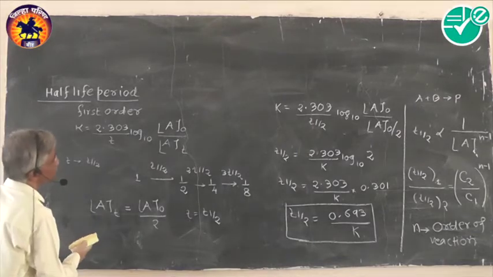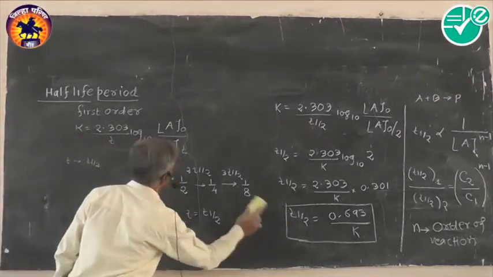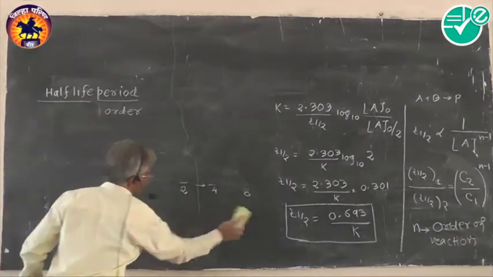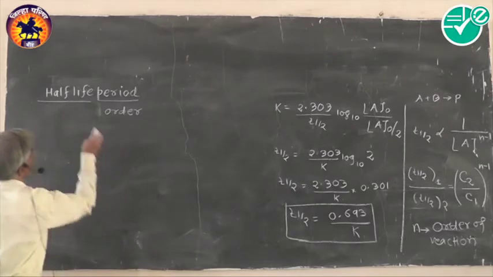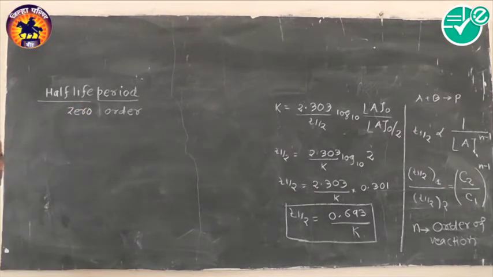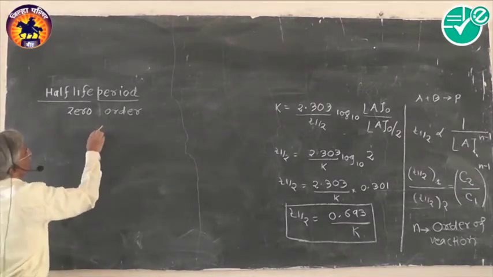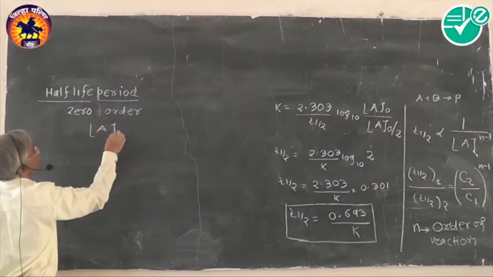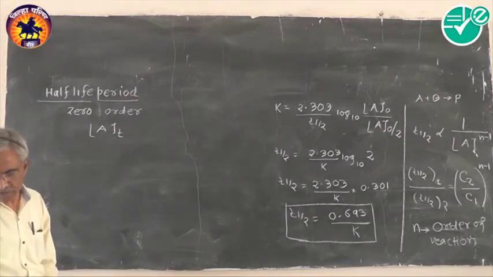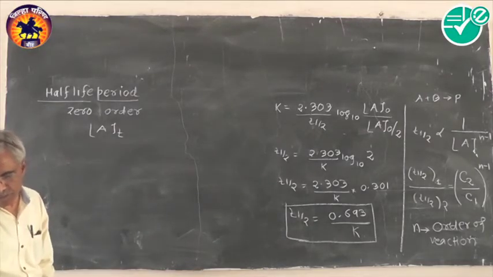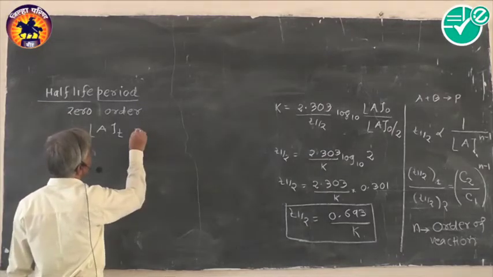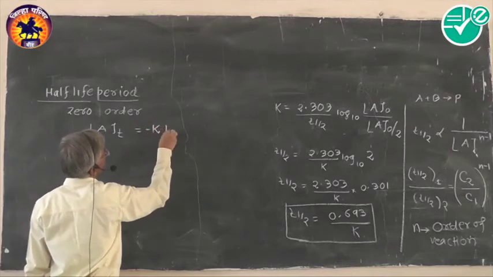We will write the equation for zero order. I will keep it here for first order. Now for zero order, we will conclude with zero order. For that purpose, write the equation that we have obtained for zero order. The concentration At at a time t, which we derived yesterday, is At is equal to minus kt